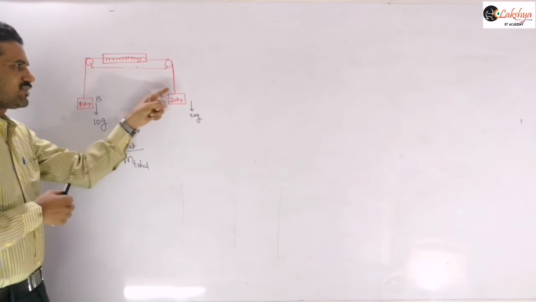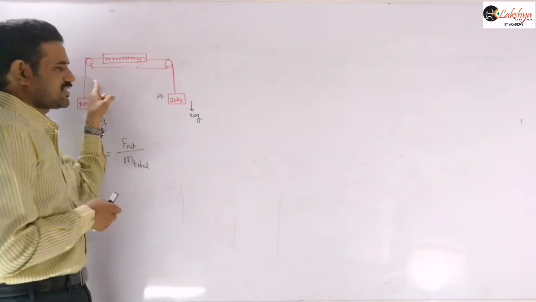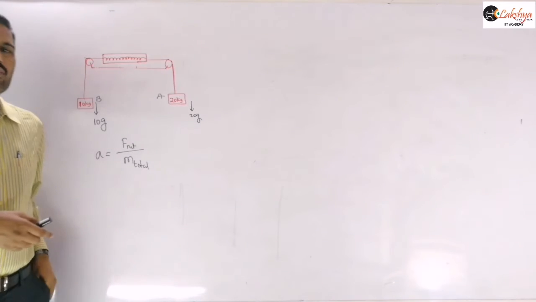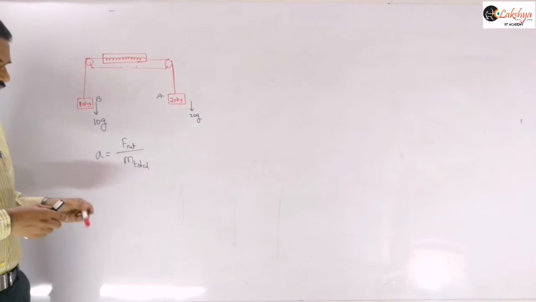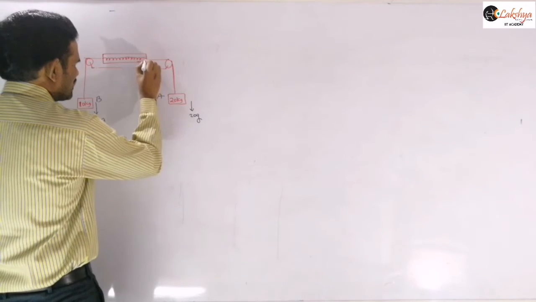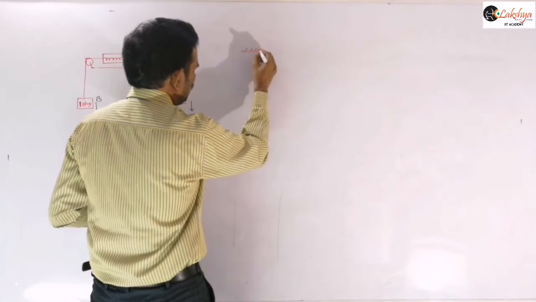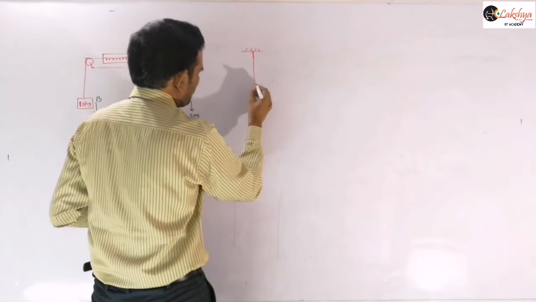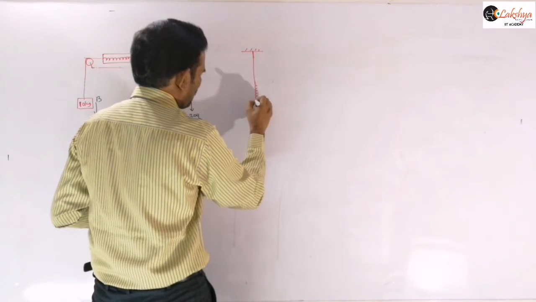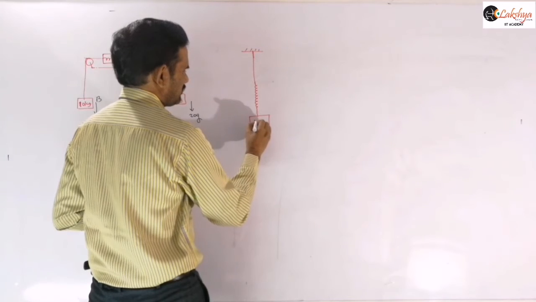As both the strings are different, the tension in this string and the tension in this string will be the same, because they are connected through the spring. Those strings are connected through the spring here. Simply, you can consider instead of this, one string like this and another spring balance here, and a block is suspended here, right?